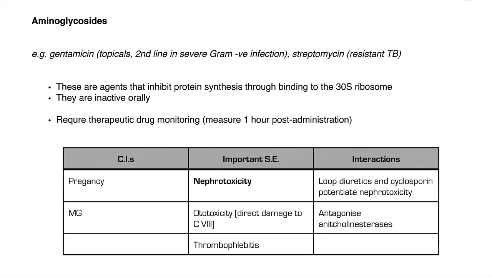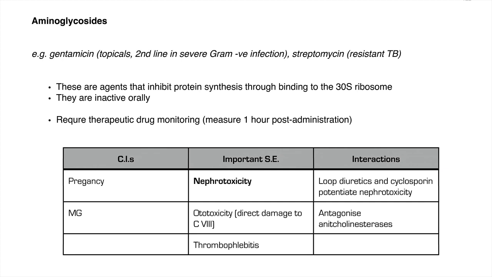Okay, now the aminoglycosides. These include drugs such as gentamicin, which can be used topically, say in ear infections, and also can be given IV, and drugs such as streptomycin, which is one of the agents we use for resistant TB. In terms of mechanism of action, these drugs broadly work by inhibiting protein synthesis through binding to the 30S part of the ribosome. They are generally inactive orally, and importantly with these drugs they often require